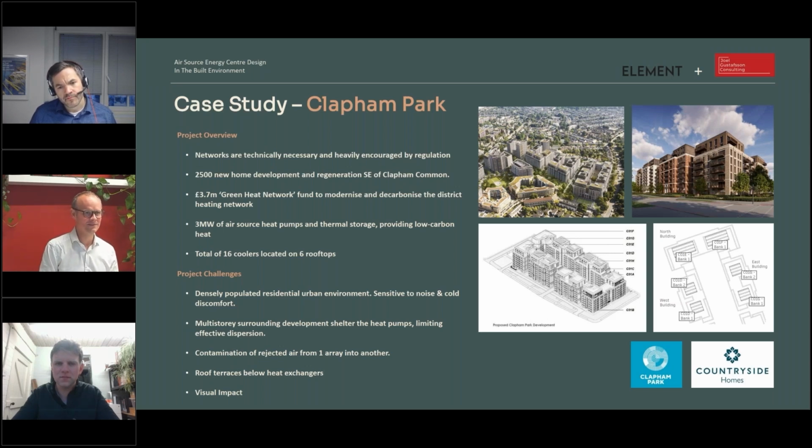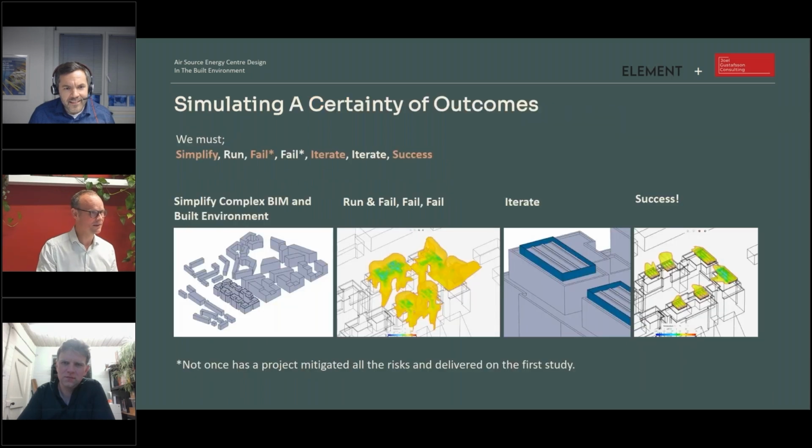So the penthouses of these developments are often among the highest value, and we're putting the source of cold air effectively directly above them. We did need to manage where and if cold air was manifesting itself and staying in the vicinity of these roof terraces, because you could imagine them being quite inhospitable if this is not managed well and correctly. So without further ado, I will ask Dave to pass over to Sam, I would leave it on here and then pass over to Sam.